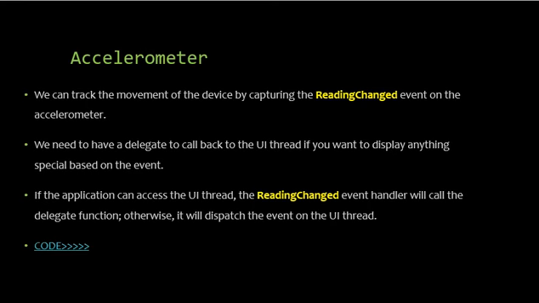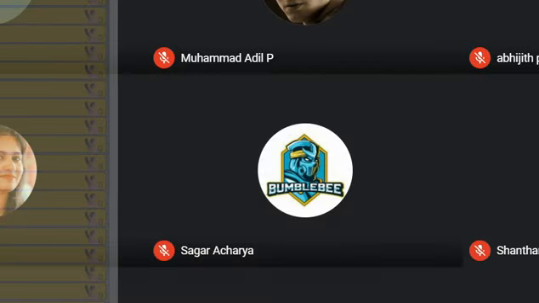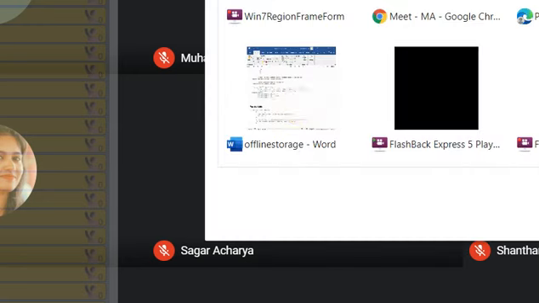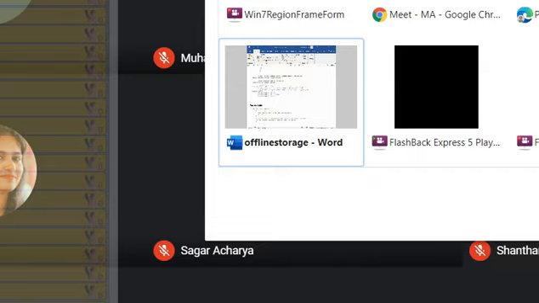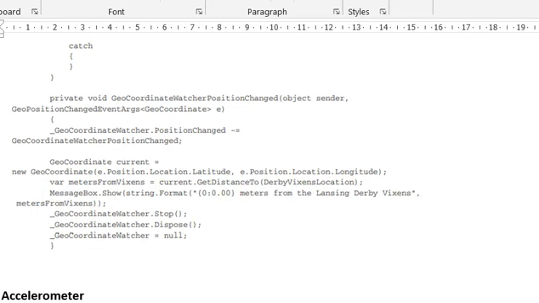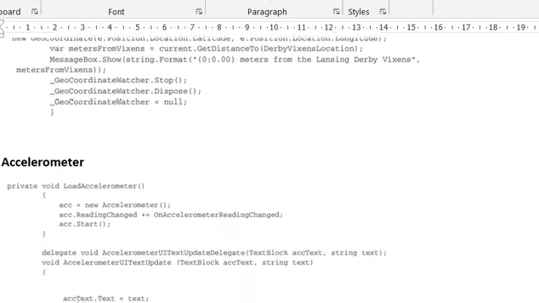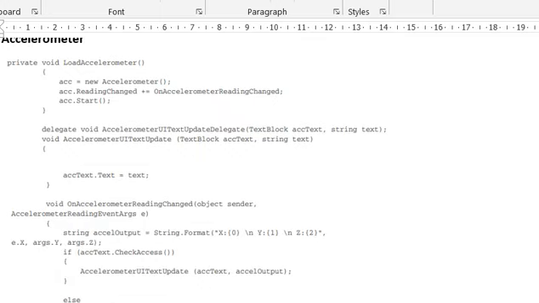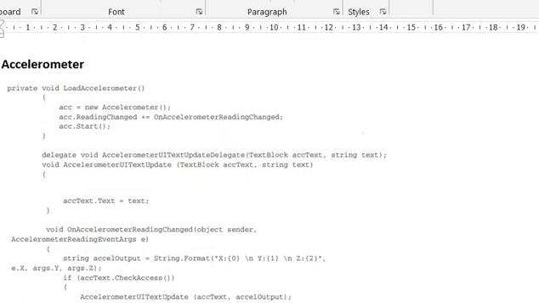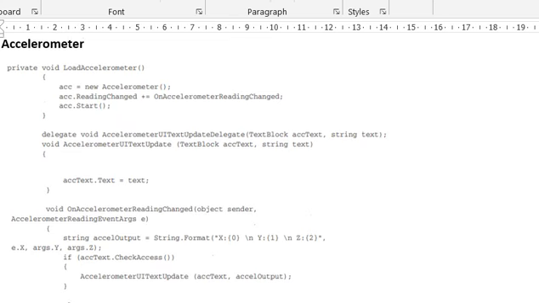I'll just go back to the Word document. Here you can see the code related to the accelerometer.